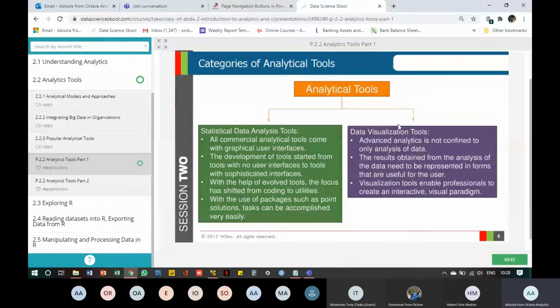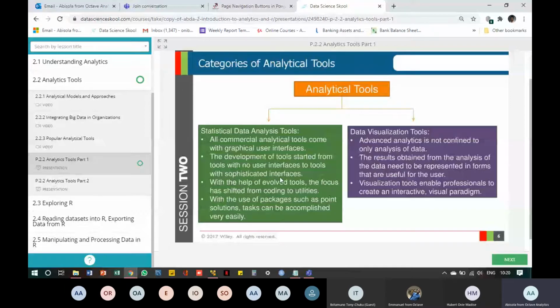So analytical tools. We have two categories of analytical tools. We have statistical data analysis tools, and we have data visualization tools. Now, in statistical data analysis tools, we have all analytical tools on graphical user interfaces. So they all have beautiful GUIs, and then we can perform our analysis on them.